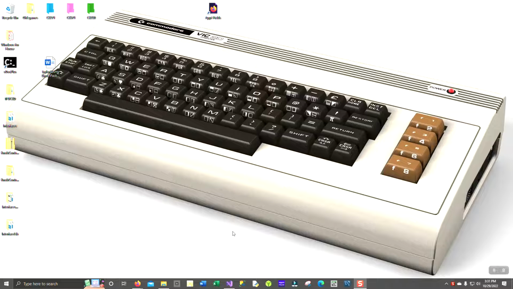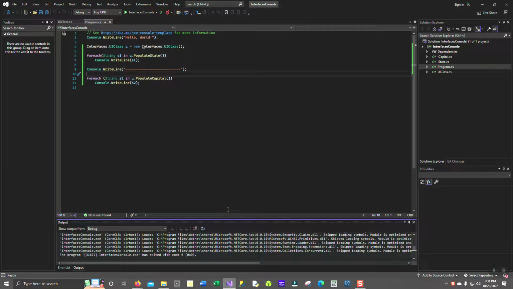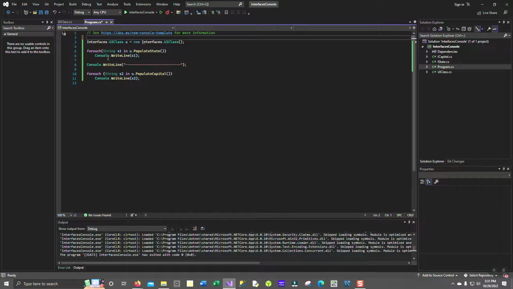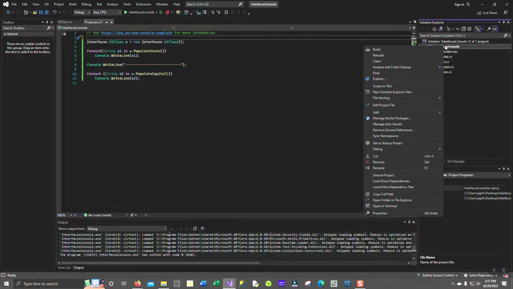Okay, so now I just want to show you the conversion to a console program. It's really very minimal. I'm going to go up here, take out the hello world that automatically gets stuck in every time you start a console program. So the first thing you have to do is you have to go to your project thing and add the